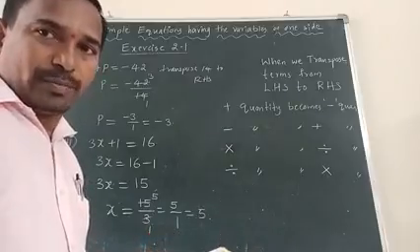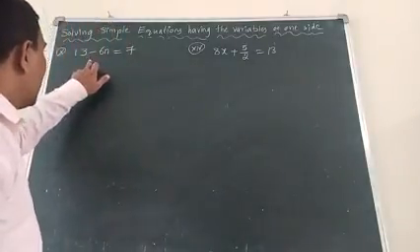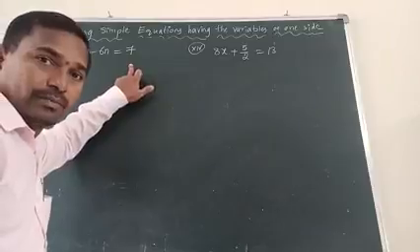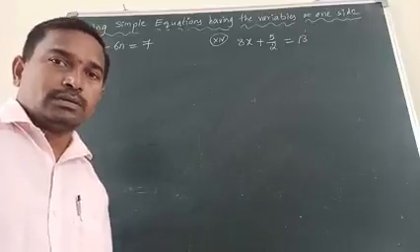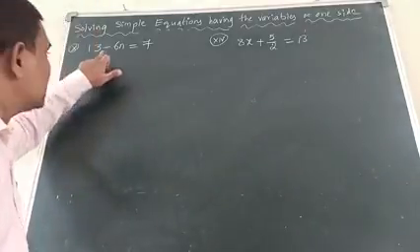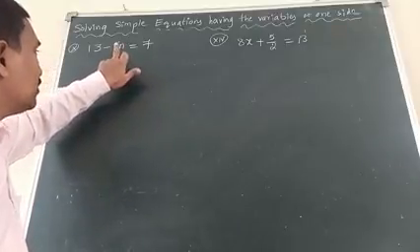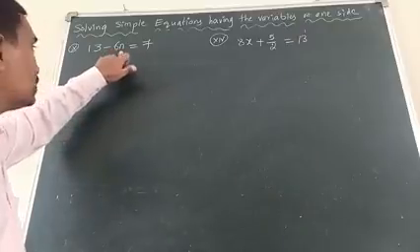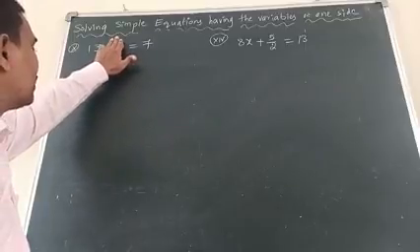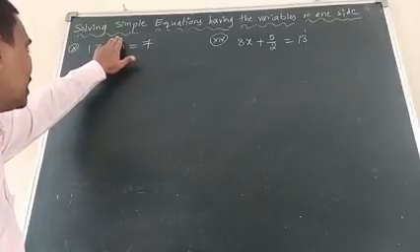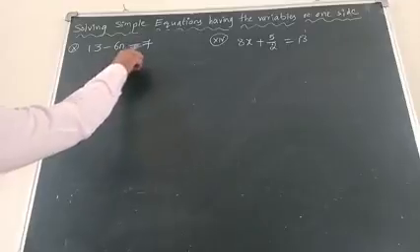I will explain two more problems. Let us see another two problems. See here, 13 minus 6n equal to 7. 13 minus 6n equal to 7. What is the variable here? N. So for solving, we find the n value. What is the term other than the n term? In 13 minus 6n, the other term is 13. So transpose 13 to RHS.